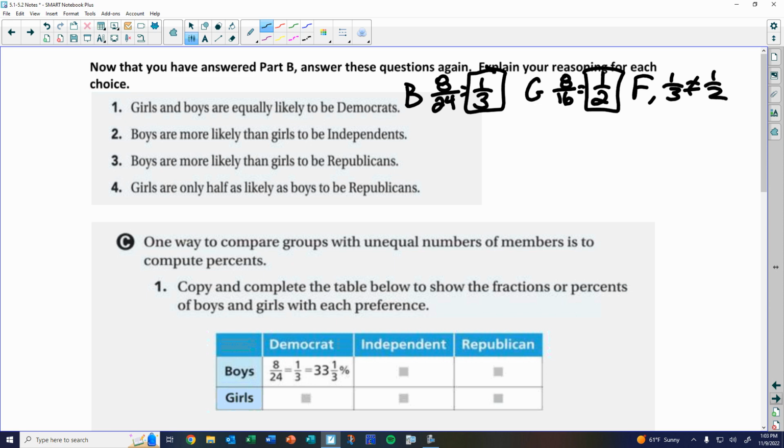So now that we're actually comparing apples to apples, notice how one of them just changed. Because remember, on the front, looking at the raw data, they were all true, right? So boys are more likely than girls to be independent. How many boys were independent? 4 out of 24 boys. So 4 out of 24 reduces to 1/6. Good. And then the girls, how many girls were independent? 2 out of 16. Does that reduce? Yeah, 1/8. Now, are these the same